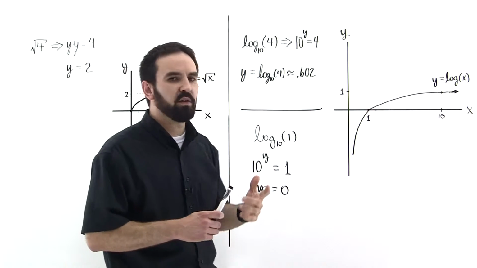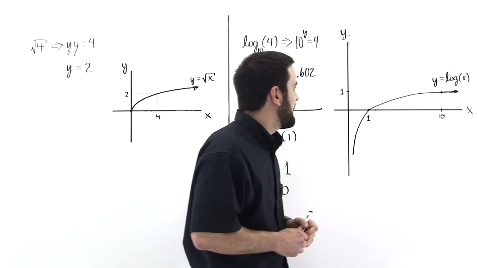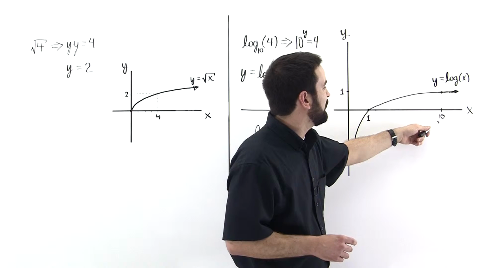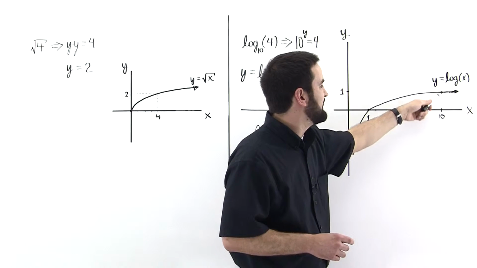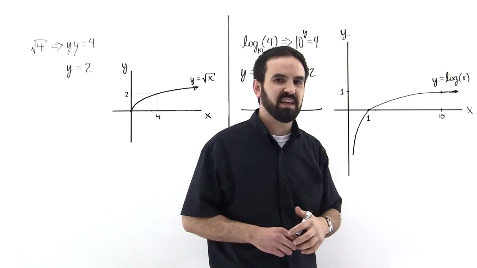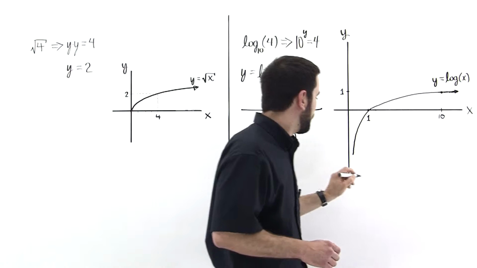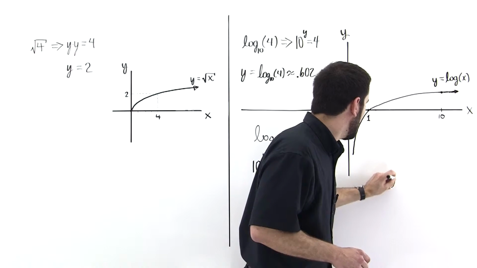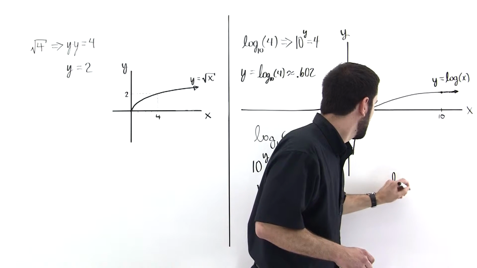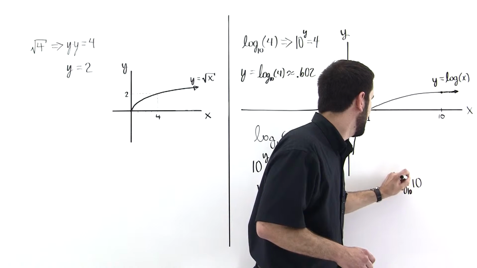Okay, one other point on this graph to consider is at the point x equals 10. And at x equals 10, the log of 10 is equal to 1. So we're considering base 10. We're going to consider other bases in the next tutorial. But if we have the log of 10, like so, and this is log base 10,